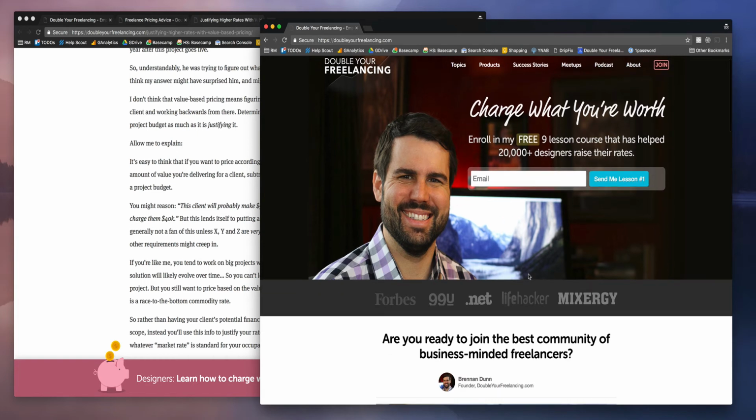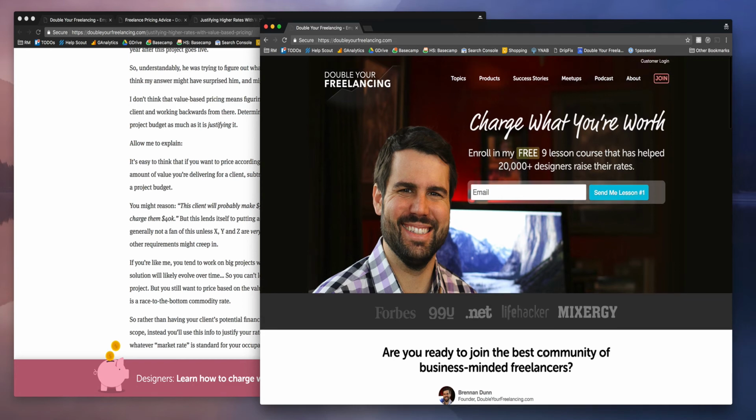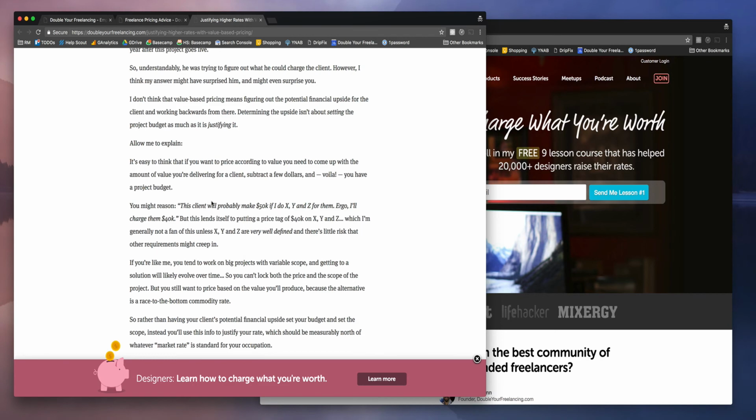If they were in Drip, I actually haven't set this up to use my local storage yet within RightMessage, but I'd also change this headline to be about freelance designers. And then if they told me they were an agency, it would say business-minded design agencies. So again, the goal, and I've been doing this with a lot of success, is